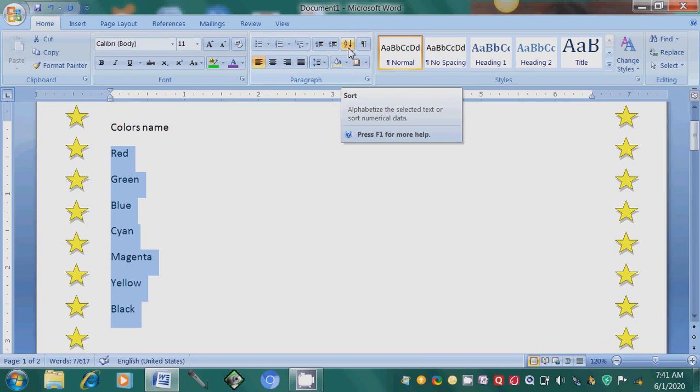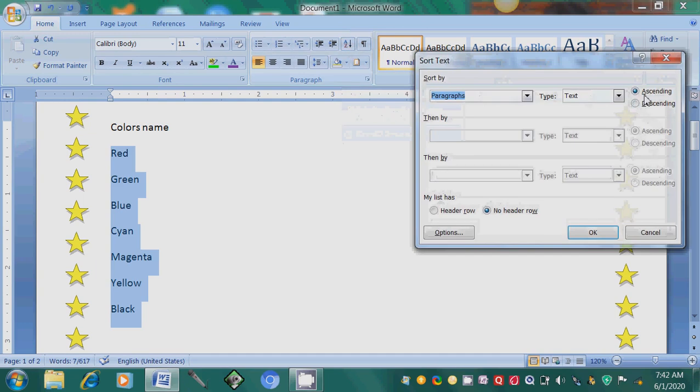It sorts the text alphabetically. If text is there, it will sort according to alphabets, according to the dictionary. But if numbers are there, then it will consider them as numeric data and sort accordingly. Now A to Z. Ascending order or descending order, we can select.